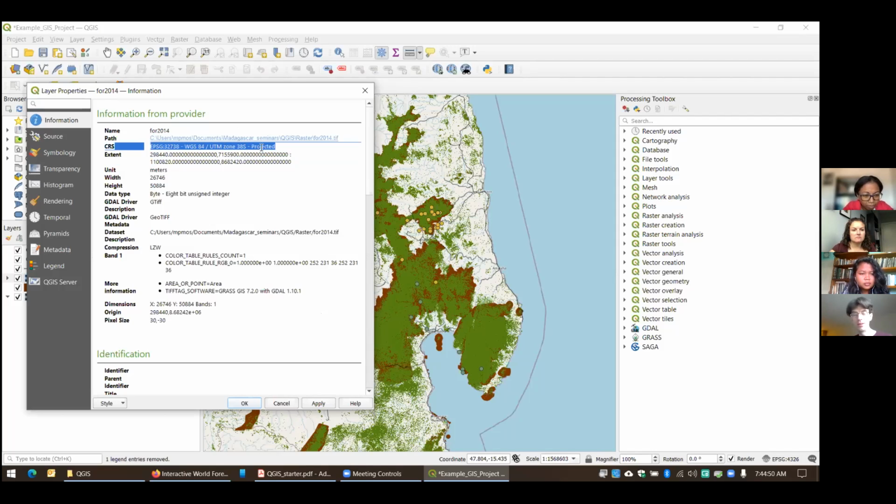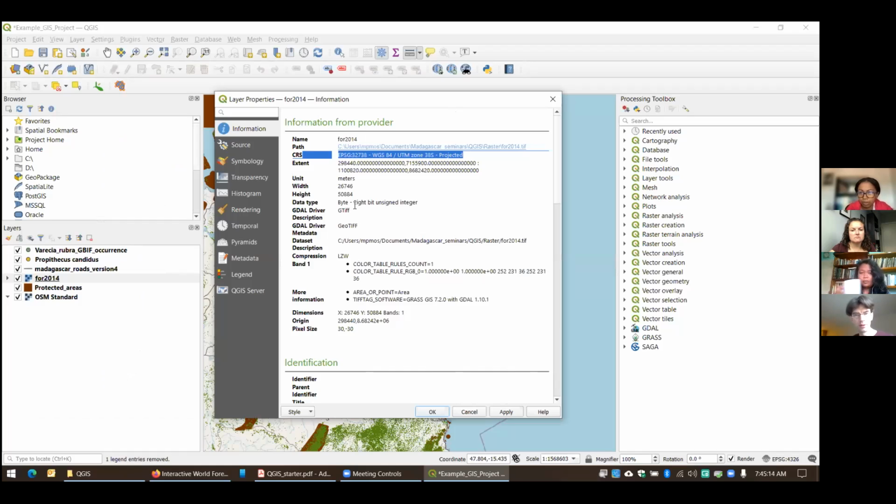I know that's a little confusing, but basically now the units are in meters instead of degrees. So if you want to calculate the area of something, you typically want to calculate it in squared meters or squared kilometers. You don't want to calculate it in degrees. That's a bit of an odd unit to use for area or distance calculations.